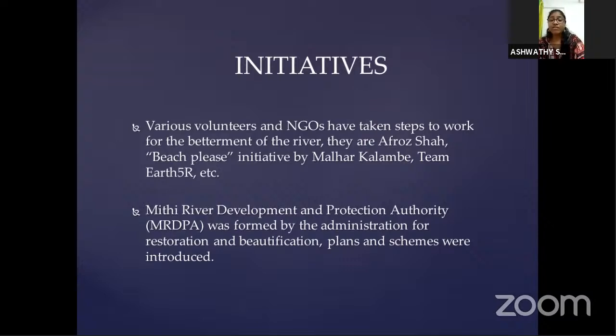In 2020, I think, an attempt was made by the MPCB, asking the housing societies along the river to set up an STP so that it reduces the amount of domestic waste that is dumped into the river directly. That also should be updated. In 2019, the former state environment minister Ramdas Kadam announced a plan for building